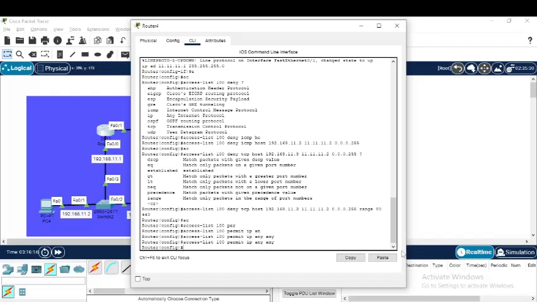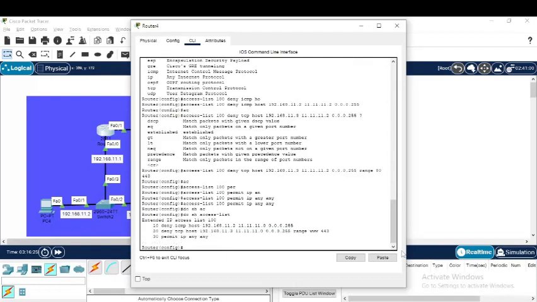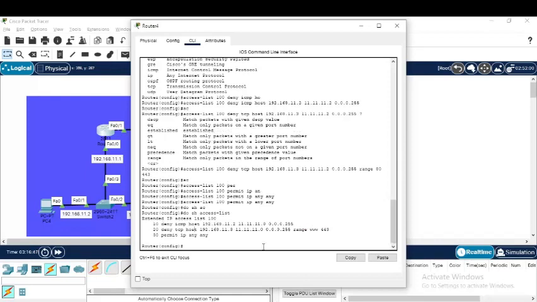Okay, after this we can check our configuration with do show access-list. Okay, the access list you can see on your screen. This is number 10 for denying ICMP, and number 20 is denying TCP host, this PC5. Range is www and 443 for HTTPS. Okay, now we are adding the last step for packets in or out at this